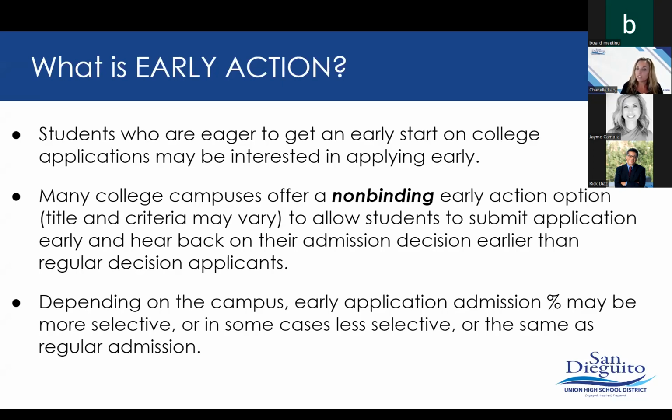Sometimes this can be more stressful just because they have to get a lot of their information together and their materials and their supplemental materials in sooner, obviously, than a regular deadline in January, but a lot of our students will access the early action just simply so that they can get everything done sooner and they can submit their application sooner, and then they get their admission decisions earlier than regular decision applicants. So then it gives them a little bit more time in the spring to decide which campus they choose to commit to, because they don't actually have to commit to that decision until the national May 1 deadline.